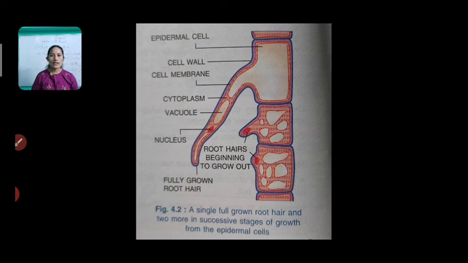In our next class, we will be dealing with the different processes by which water is absorbed from the soil into the root, for example osmosis, diffusion, imbibition, and ascent of sap. We will be discussing all these different processes in our next class. So I would like you to go through all these topics that I have already taught you, and next day I will support it with two experiments related to diffusion and osmosis also. Okay, thank you.